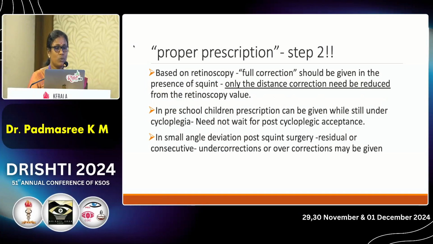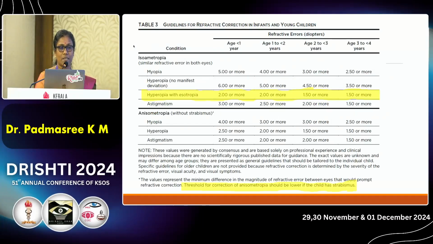So our step 2 is a proper prescription. Based on the retinoscopy, you have to fully correct the refractive error in the presence of squint. That means only the distance correction need be reduced from the retinoscopy value. And you can prescribe for preschool children without waiting for post-cycloplegic acceptance. Children in their emmetropization phase will have a lot of refractive errors revealed during retinoscopy, but you need not prescribe all. We can go according to the guidelines given by the American Academy of